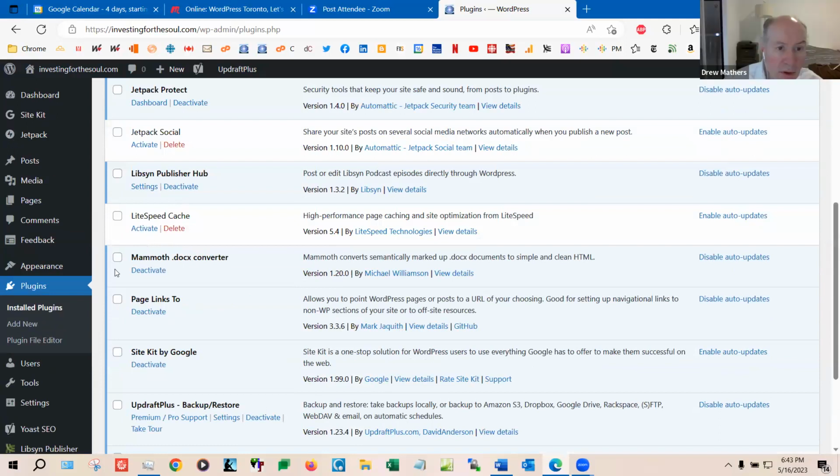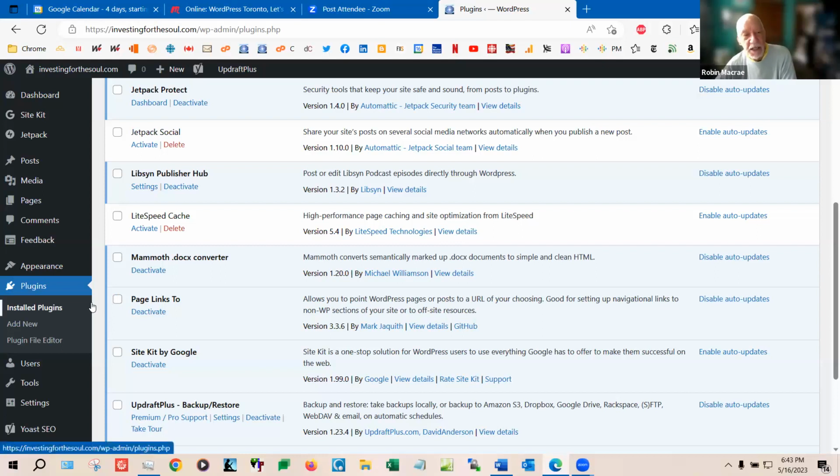Right. Now, who's your host? A company called .Canada. Have you heard of them at all? No, but that doesn't necessarily mean anything. And the reason I ask is that fairly frequently, the host will provide a caching plugin or a plugin that implements the caching that they run on their end. Oh, I see. And that can have its own clearing function.